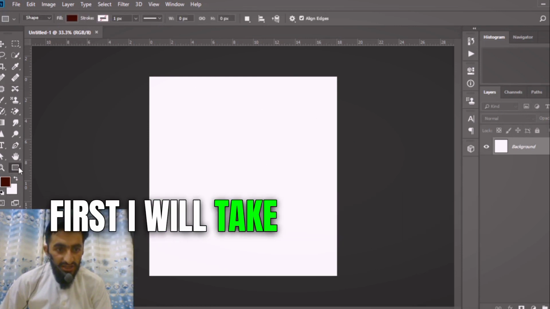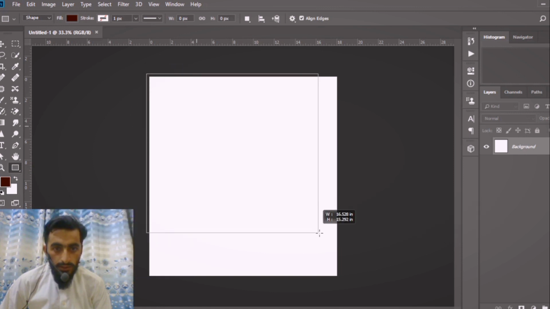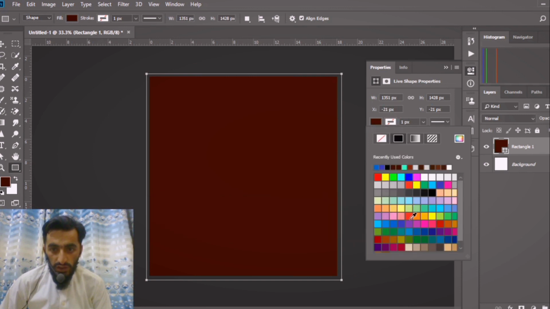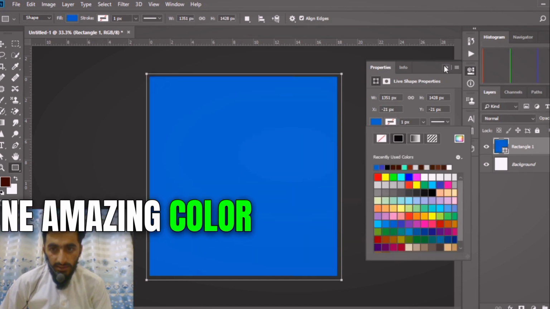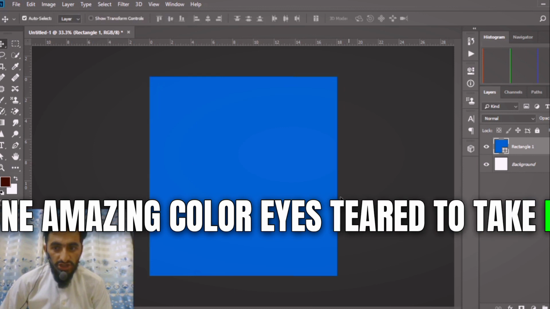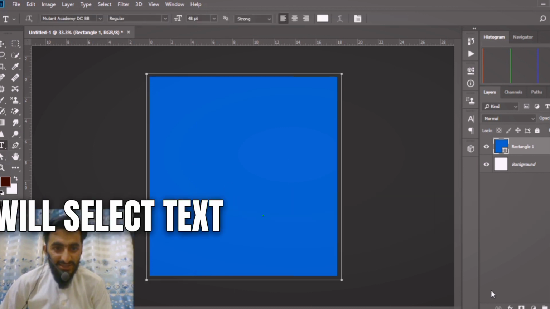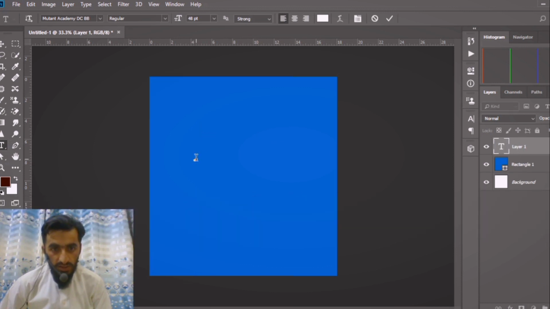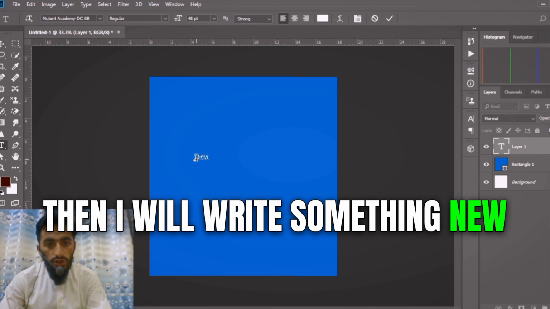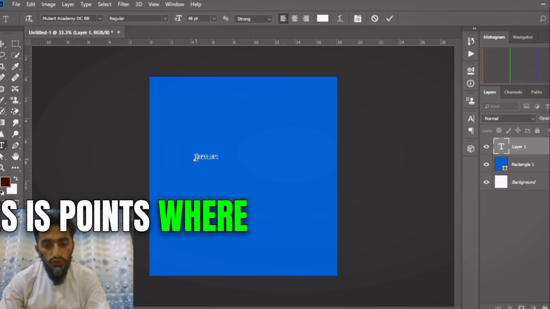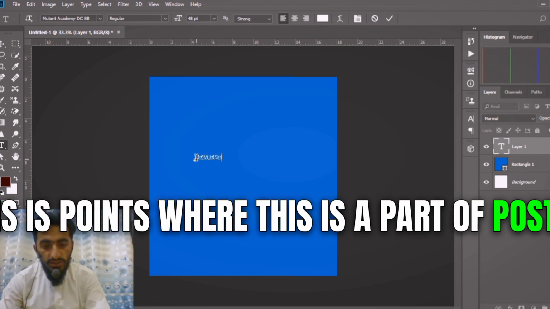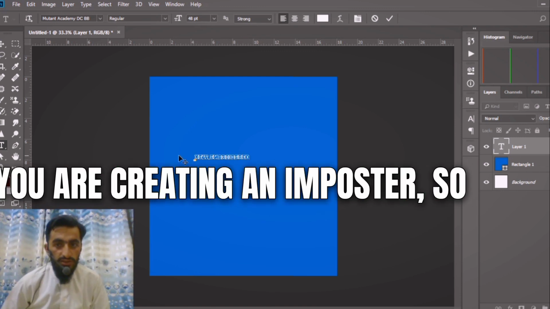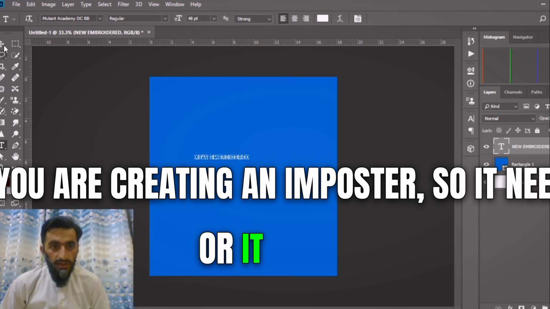First I will take a rectangle tool. There I will draw on the artboard. Then I will select one amazing color. I take it. I will select the text tool and increase a layer. This is a must. Then I will write something new. This is points, where this is a part of the poster. If you are creating any poster, it needs or it takes